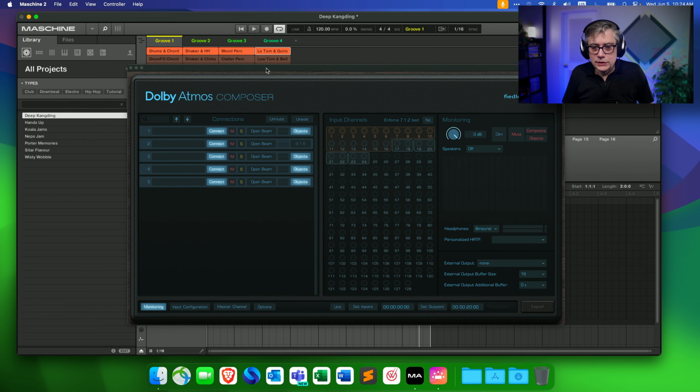That's why it's called a composite. It consists both of the bed channels and some object channels to augment that. You will see those objects in the Dolby Atmos renderer, because the renderer doesn't know what a composite is. It would simply think that is an object, and that's fine. So that's why you see not 8 objects, you actually see a total of 14 objects in the Dolby Atmos renderer.